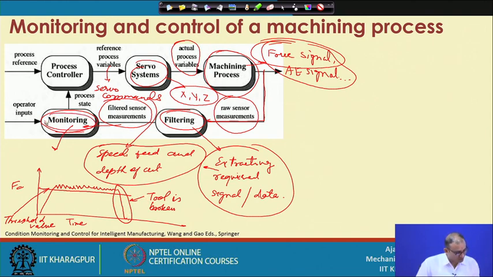So, once you get those data, this is one of the ways of doing that thing, or an operator will actually look into this monitoring system or whatever data you are collecting, and then according to that it will actually again set this process controller. So, you are again refining the speed, feed and depth of cut and other parameters in such a way that you can actually increase the efficiency of this particular machine tool. By that way you can continuously monitor this system, and you make sure that there is no any type of problem during the machining. So, by that way you can control the machining process by monitoring the signal coming out of the different type of sensors,